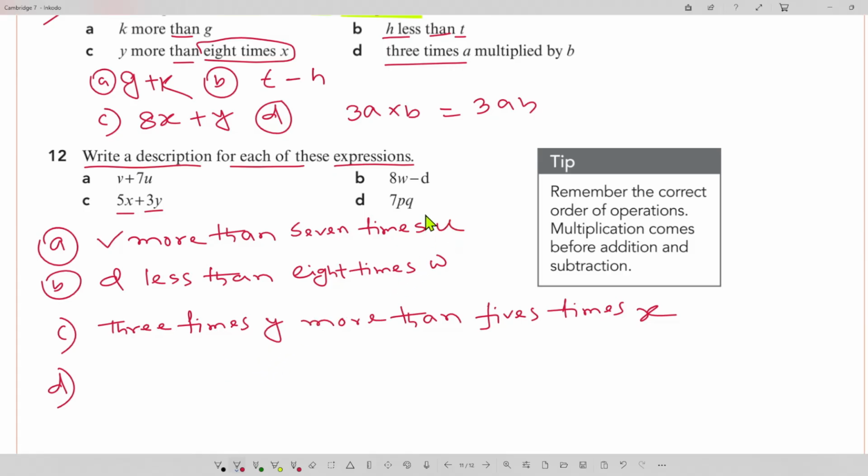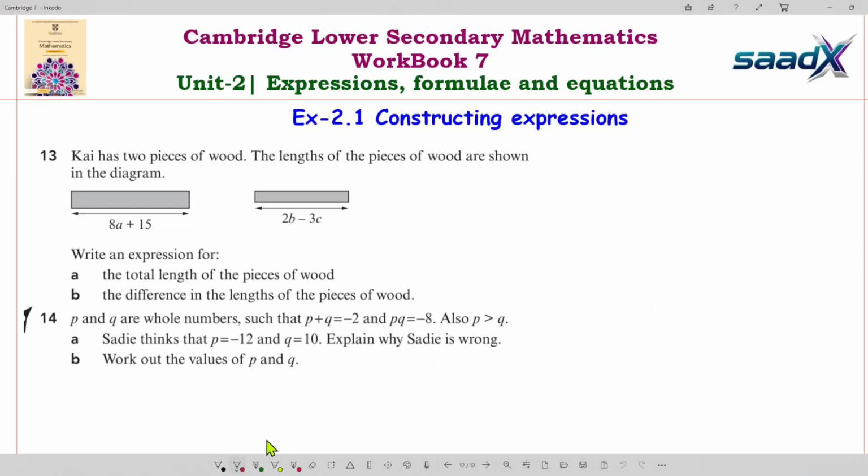Number D, here we can write 7 times p, 7 times p multiplied by q. So number 12 done. Number 13,